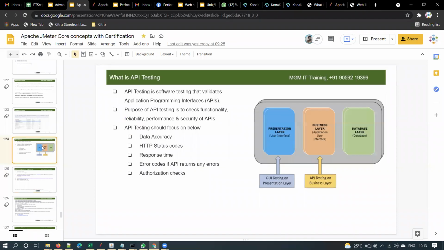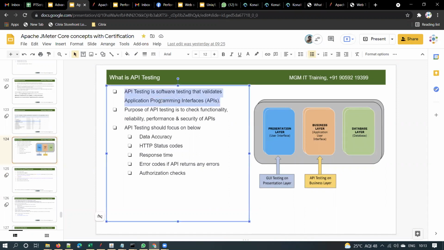So first let's understand what APIs are. API stands for Application Programming Interface. The short form API is the acronym for Application Programming Interface, right? So basically, when a development team is developing any application,